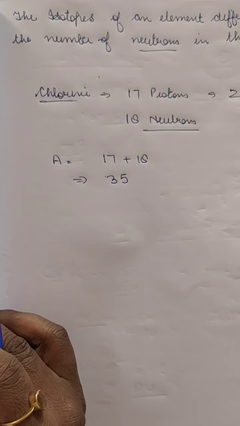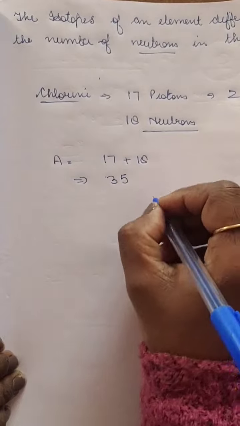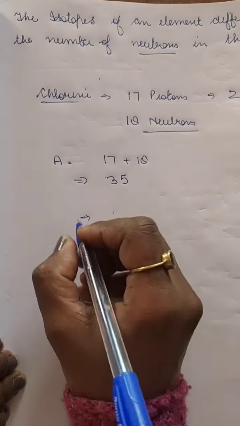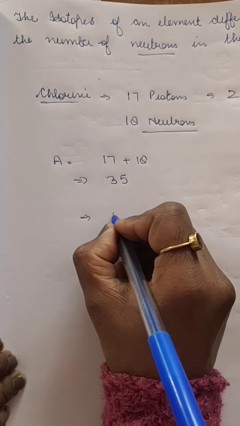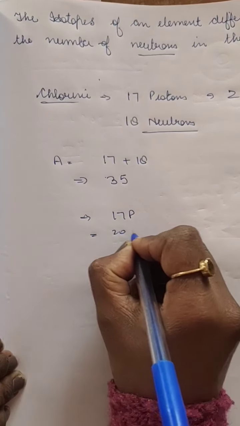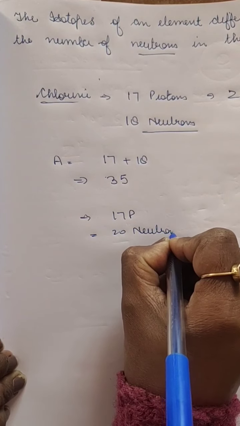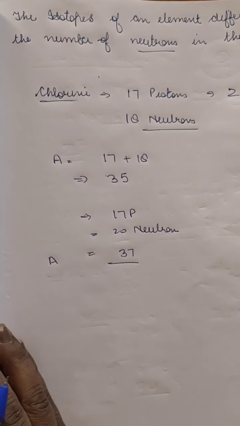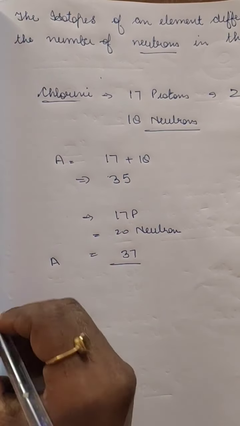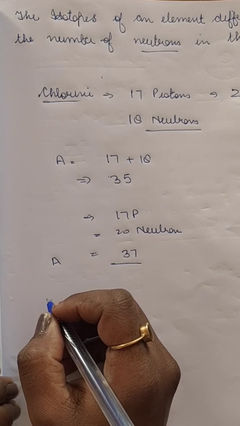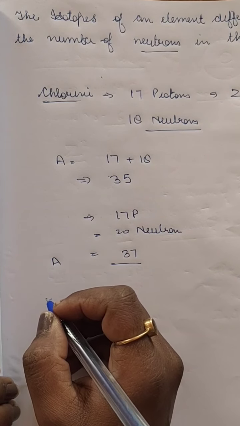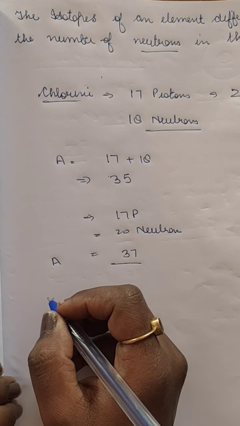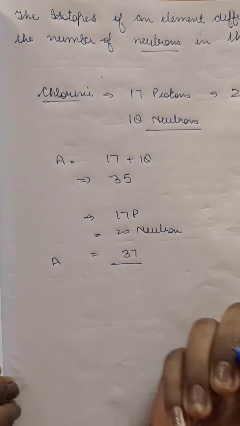And sometimes some atoms of chlorine also have, so there are isotopes, like some chlorine atoms will have 17 protons and 20 neutrons, so the mass number will be 37. Now chlorine has two isotopes of mass number 35 and 37. So the isotopes of chlorine can be written as 35 or 37. We take an average of both of these and we write 35.5.